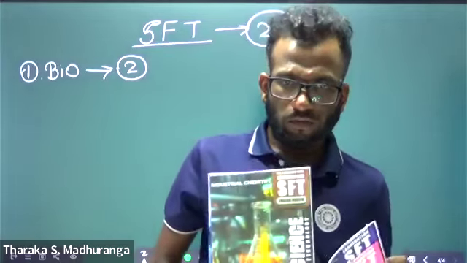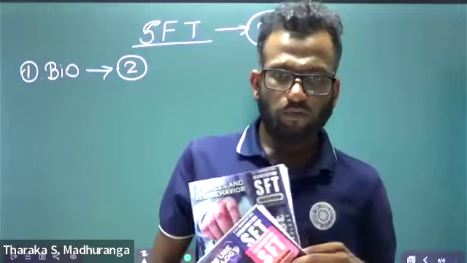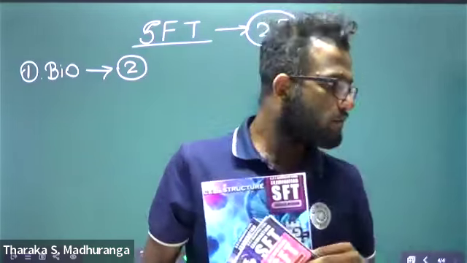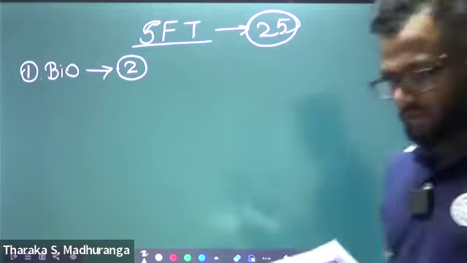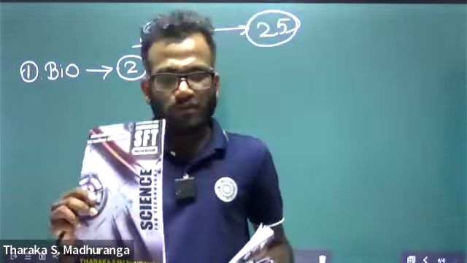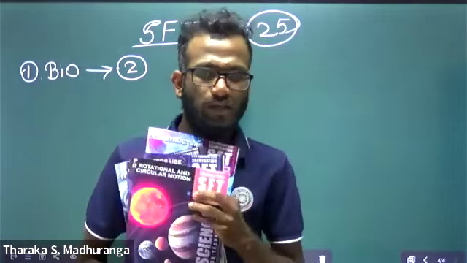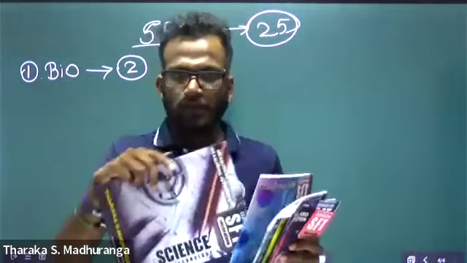This is for industrial chemistry. This is for forces. This is for cell structures. And there is another tube. For all lessons, only the printed tubes are available now. For the 2025 batch we are doing cell structure, that's why it is printed. Okay, for all lessons you can get tubes, not only these lessons, separate tubes for all lessons.